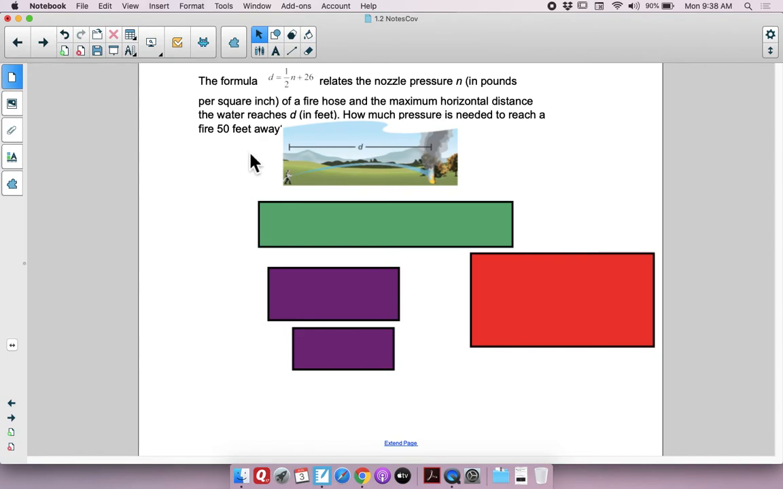Okay, so you can see as a firefighter, this would be important to know. You would want to know, like for the truck, how much pressure it would need to have. We have the formula with two variables here, and we know we're going to have to fill one of those in. Which one? It says how much pressure, so we're solving for the pressure, and that was N, needed to reach a fire 50 feet away. 50 feet is our D. So you're basically going to plug in 50 for D